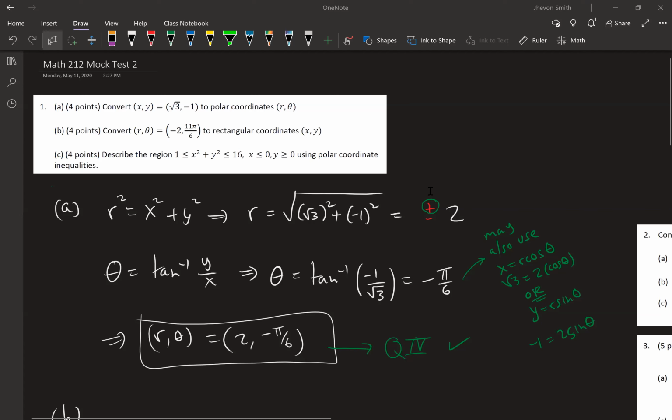Well, I would say no, to not leave it as tangent inverse. First of all, let's say this is a multiple choice problem, then I would definitely put what the tan inverse of 1 over radical 3 is, as opposed to